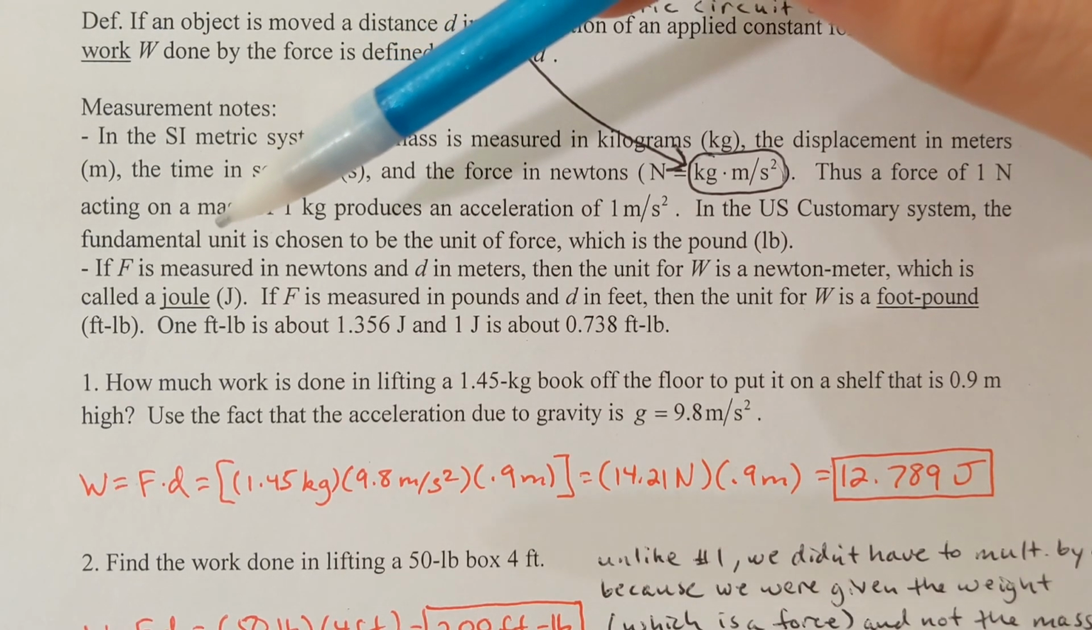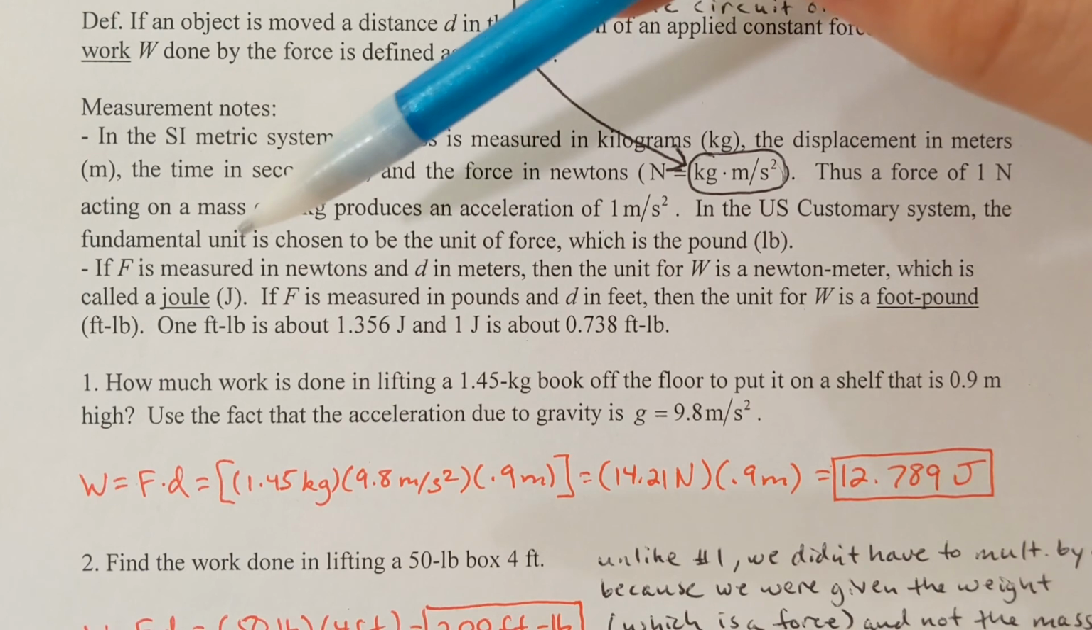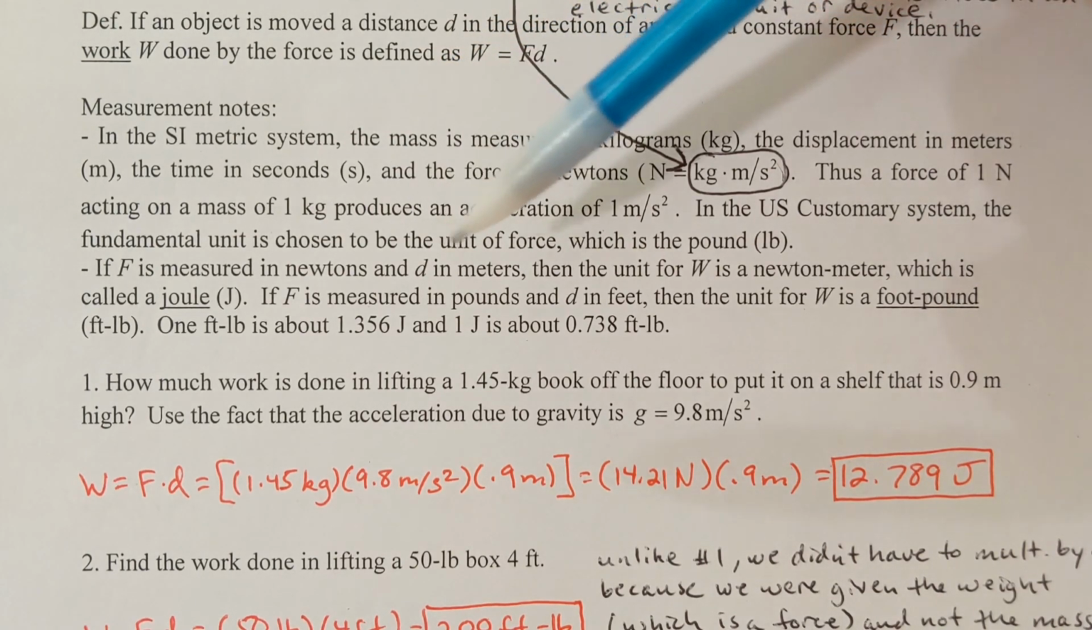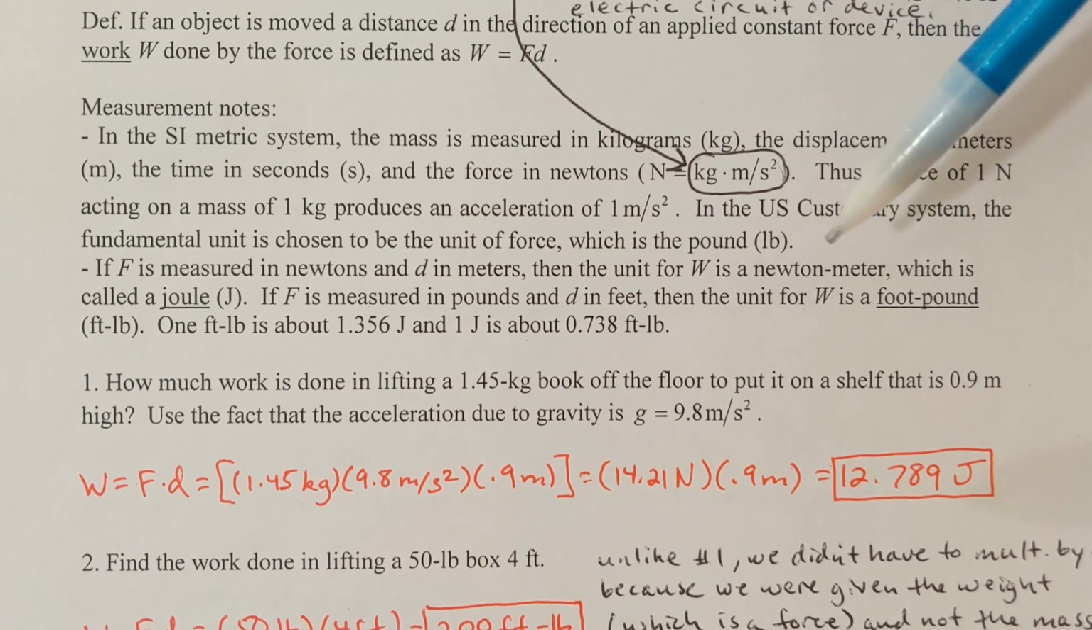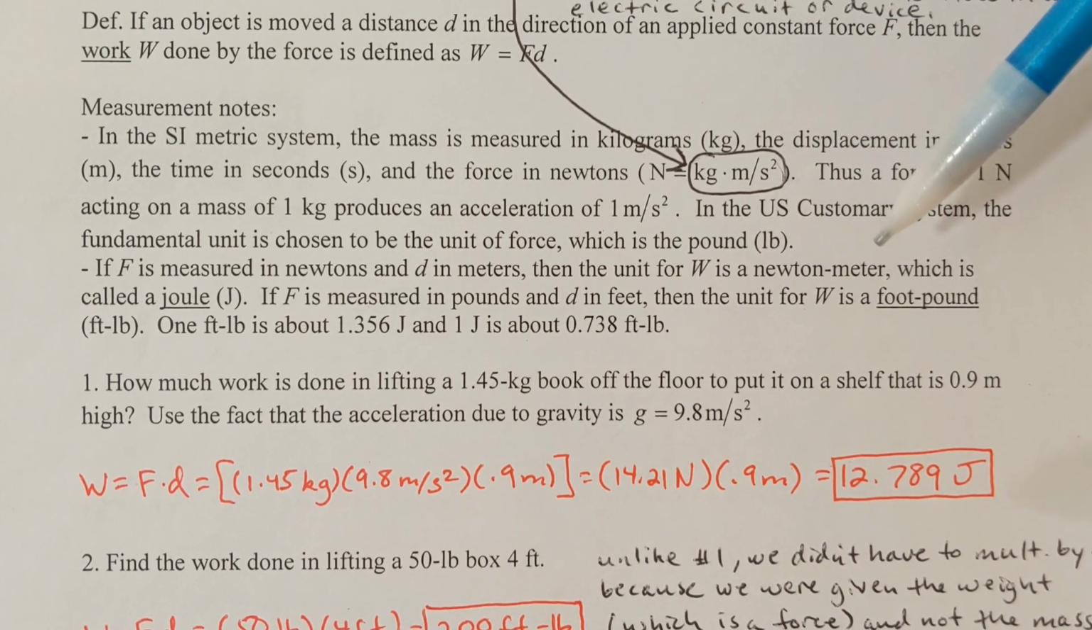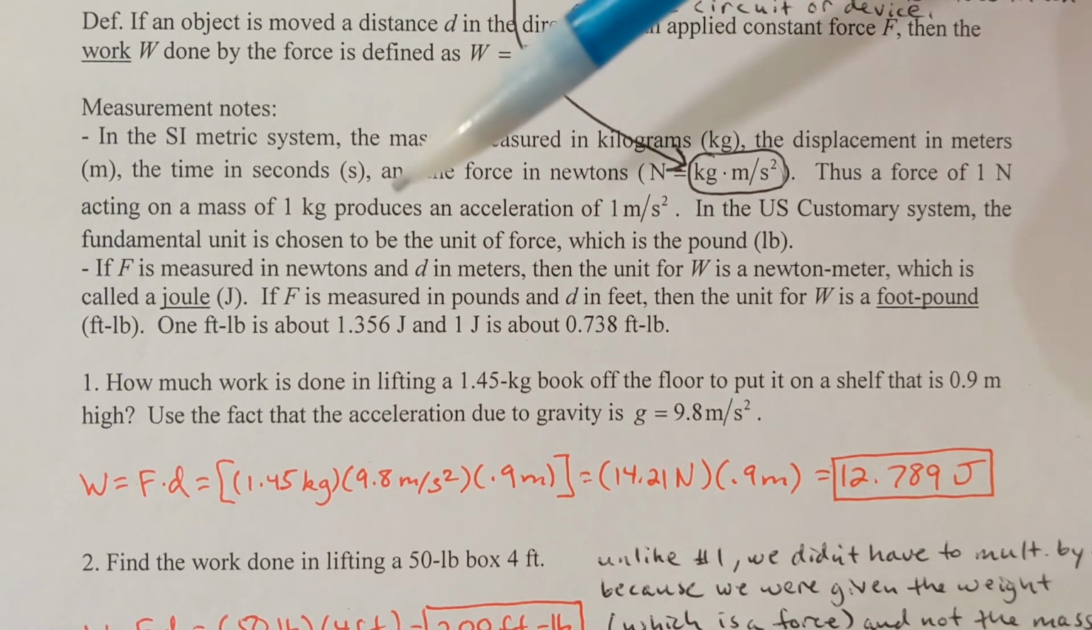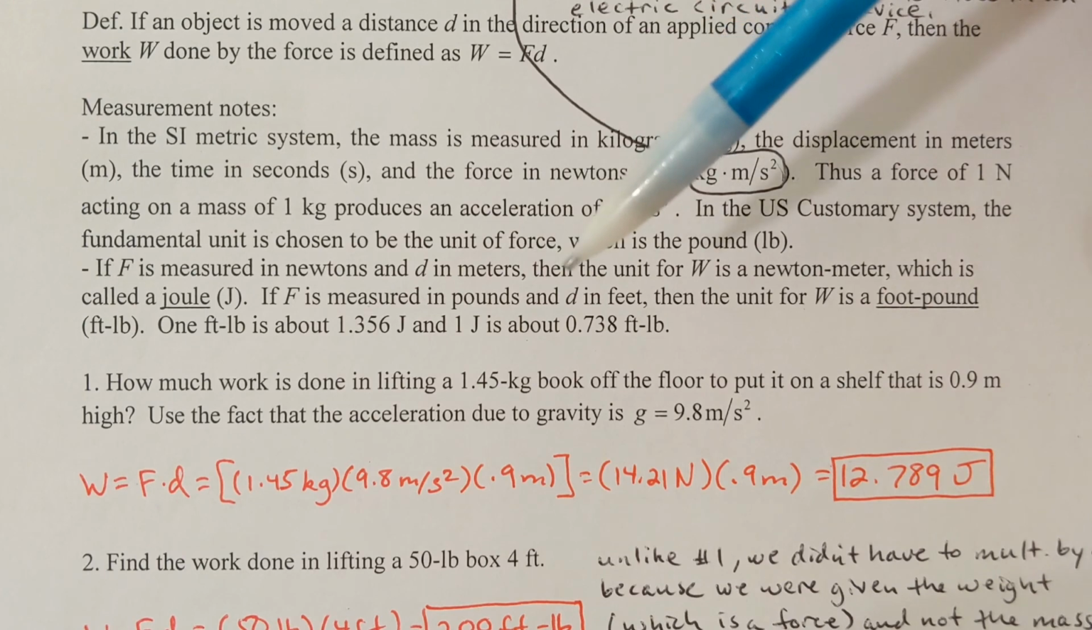If the force F is measured in newtons and D is in meters, then the unit for work is called a Newton meter, which is also called a joule. Okay, and capital J will represent joule. If the force F is measured in pounds,